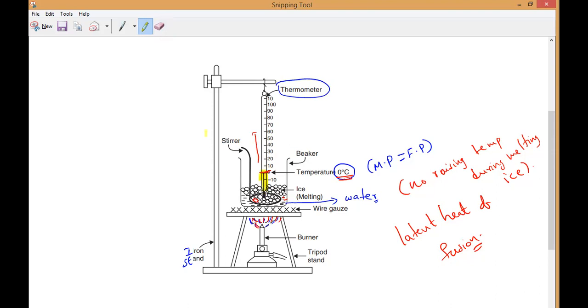So this is what is melting. During melting, whatever heat energy we are providing is used in the change of state of matter. So that heat we used to call what, guys? Latent heat of fusion. So please all of you write the definition. The latent heat of fusion of a solid is the quantity of heat,